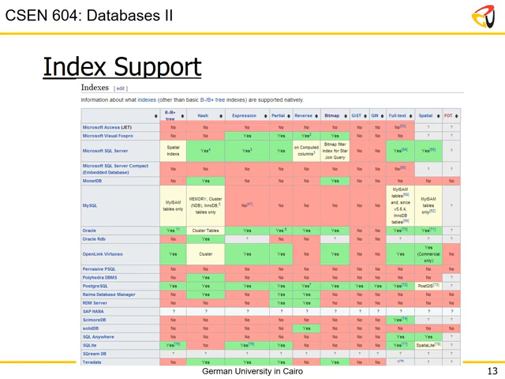And by the way, if you read the second line from the top, it says information about indices other than basic B+ tree. You see, the B+ tree is supported by all of them. Everyone has B+ trees, okay? Which you've learned in the early lectures. The question is, what else is supported? Because B+ trees are